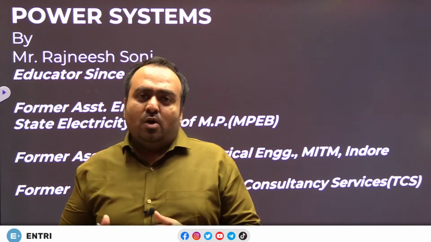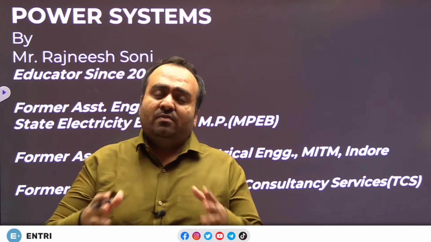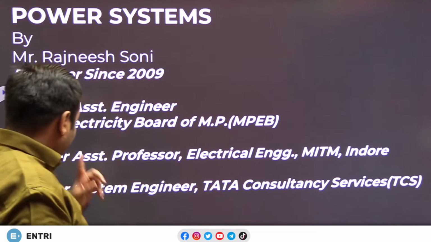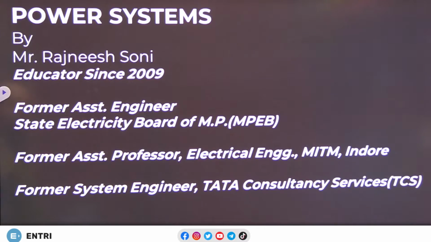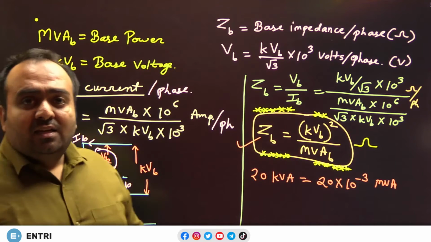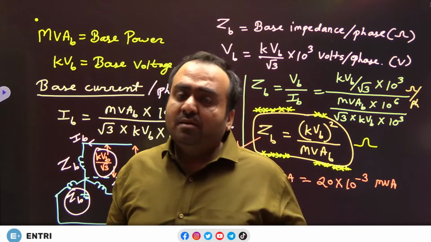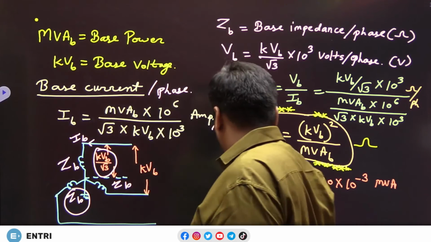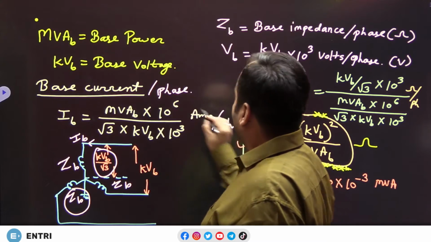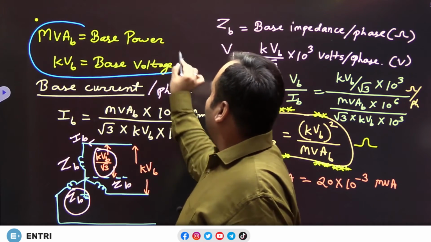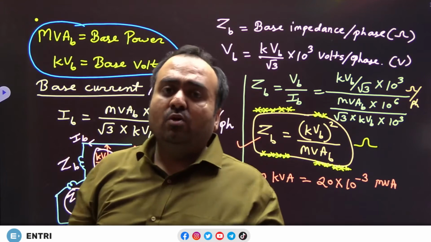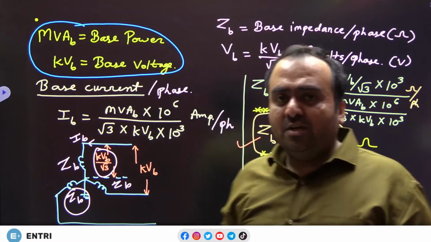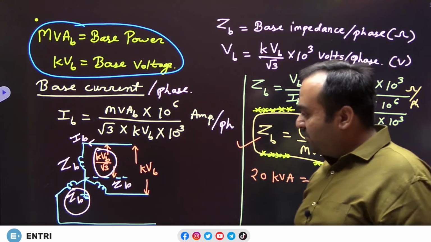So, we are right now working on the per unit system of calculations. Let us have a glimpse of the slides that we saw in the previous video. We started deriving the relations which are applicable in the per unit system. And of course, the initiation happens at the base values. You have to choose the base values of power and voltage and then proceed. So in the previous video, I think you have carefully noted it down. You can just have a glimpse of it.